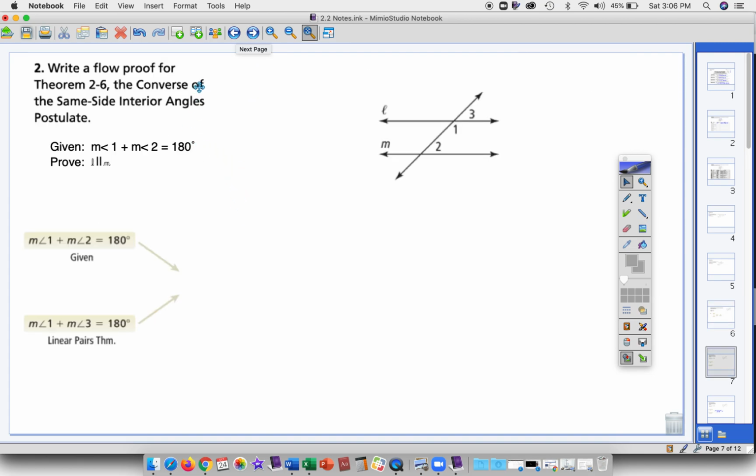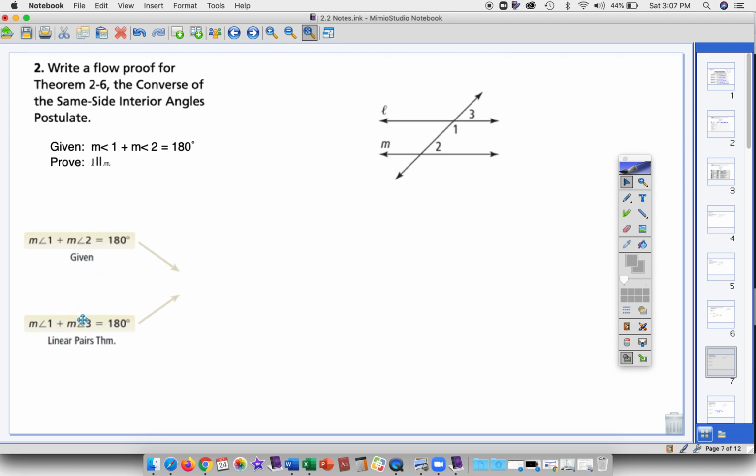So write a flow proof for theorem 2.6, which is the converse of the same side interior angles postulate. So we're given that the measure of angle 1 plus the measure of angle 2 is equal to 180 degrees, and we're asked to prove that these two lines are parallel. So I gave you a couple of pieces to get started. Obviously the given,